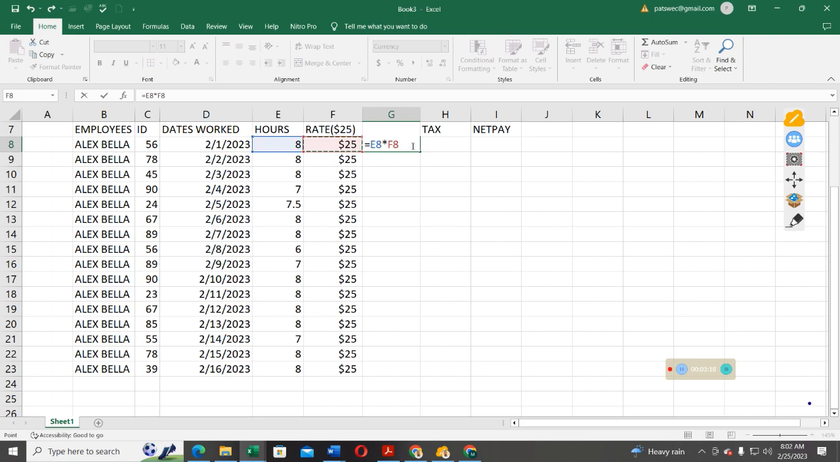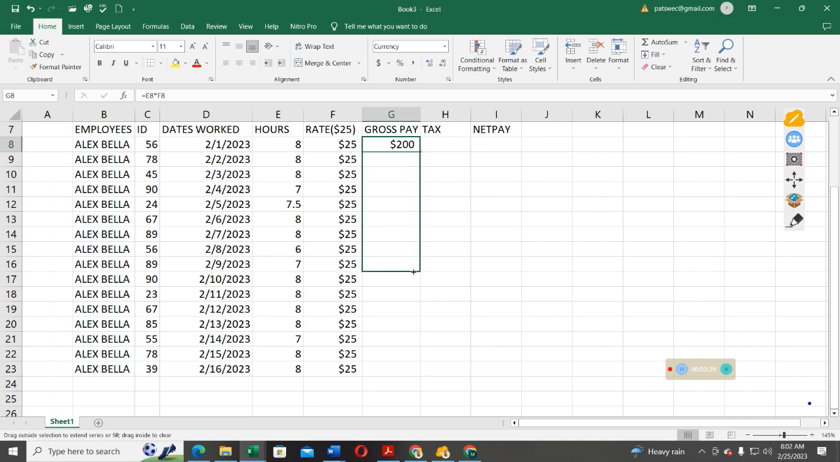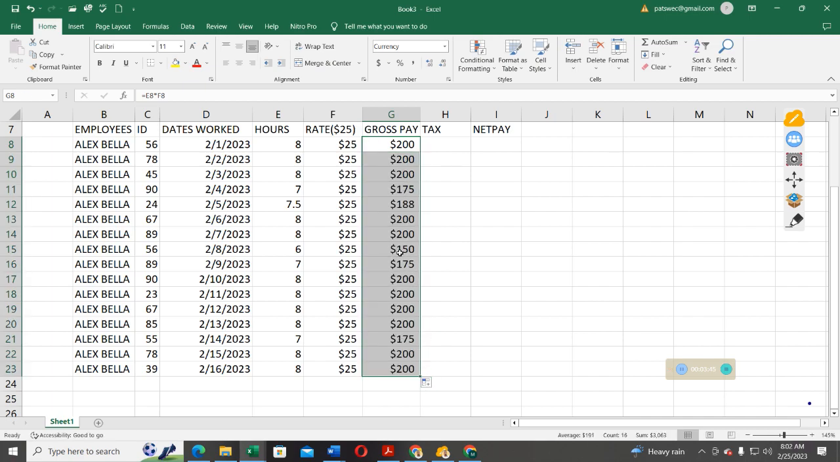After that, go ahead and press enter on the keyboard, and then you get the answer, which is 8 times 25, you get $200. To calculate for the rest, click on this handle, and then drag and extend outside to fill the series, and the rest of the cells will be calculated automatically. Now we have seen on each and every date when Alex worked how much he earned as a gross pay. So we're going to calculate the tax,